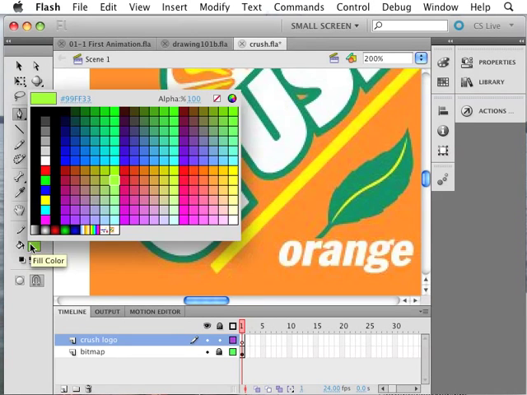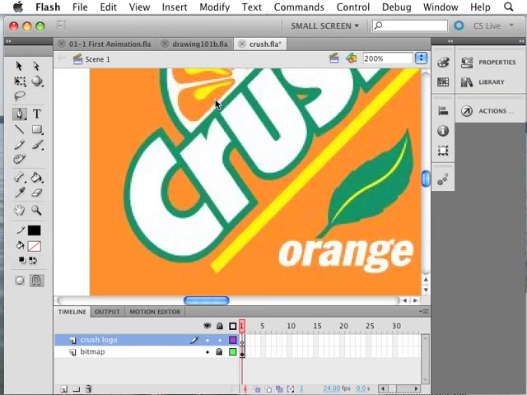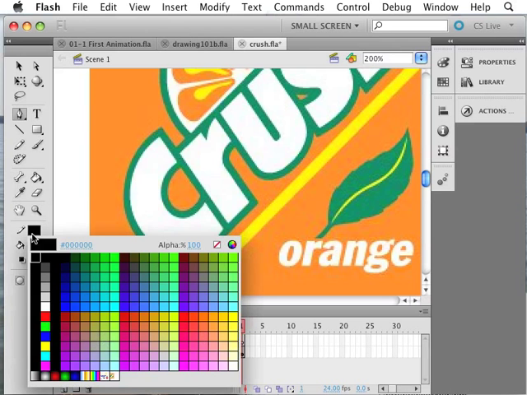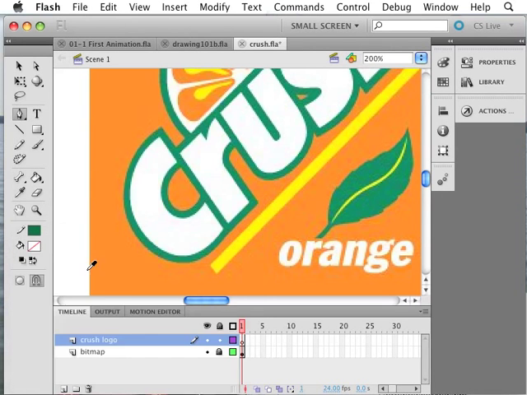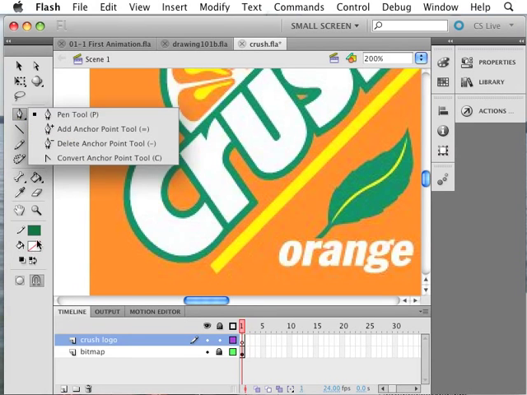So let me go to my bucket here. And to say fill none, you just go to this little box with the red line through it. And for my stroke, I'll try to pick something close to that green and zero in on it maybe a little bit later. Well, that's pretty close. Okay, so I've established my colors. My fill is none. My stroke is the green. Let me just highlight